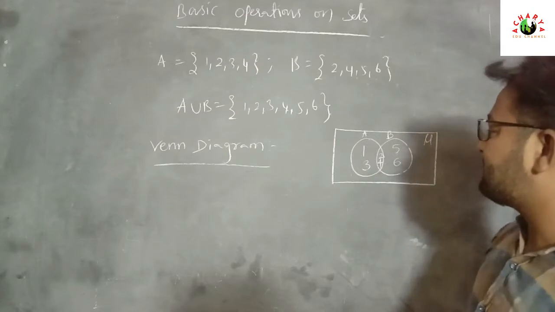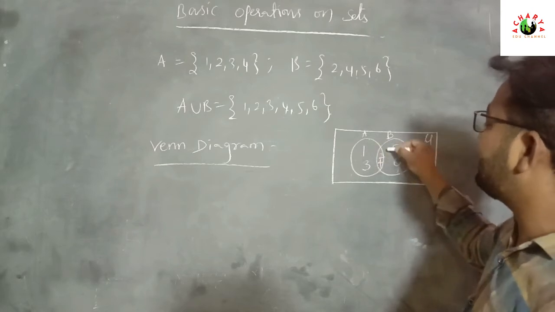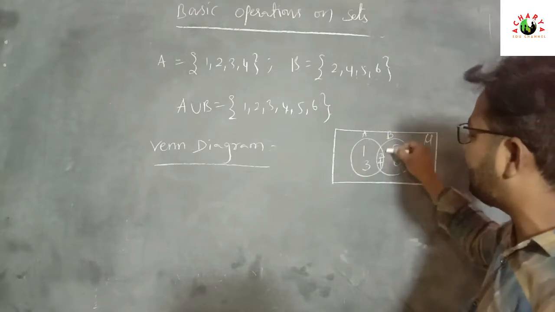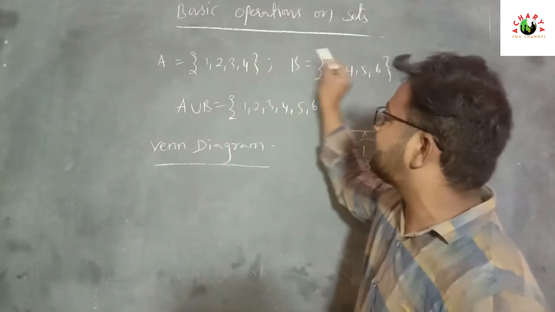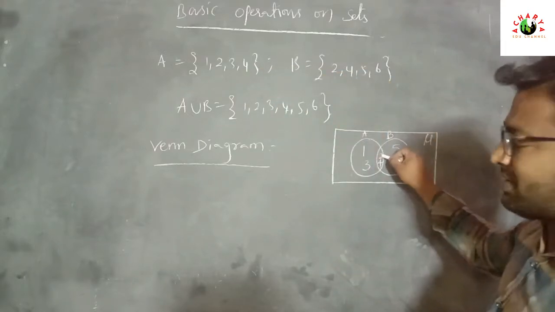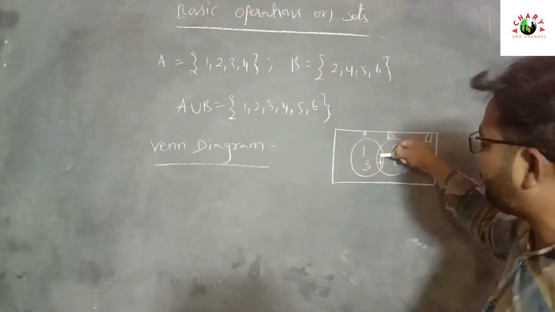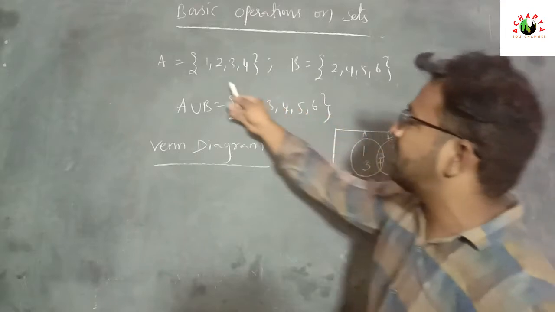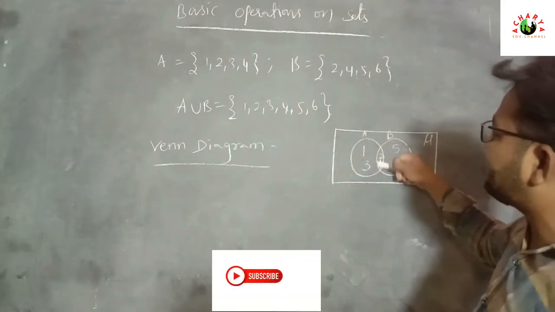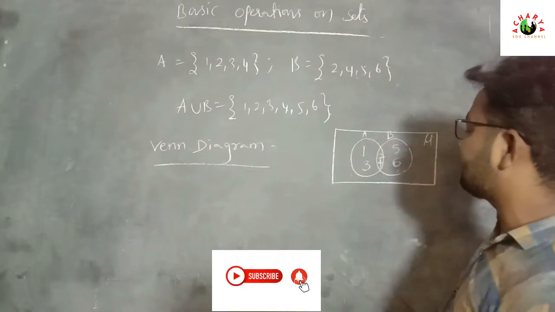So you can check it once. First, when we are drawing the Venn diagram with A set and B set, the common elements of A and B are written in the middle. Here the common elements are 2, 4. First we write the common elements, and then we take set A. In set A, 2, 4 is present, and the remaining elements are 1, 3. In the B set, 2, 4 are present, and the remaining elements are 5, 6.